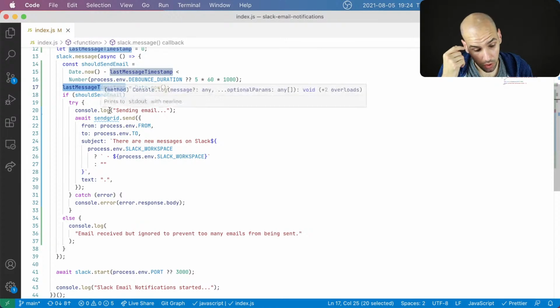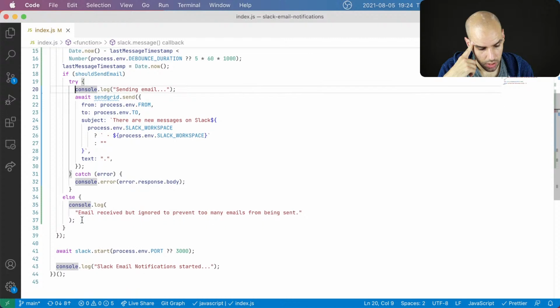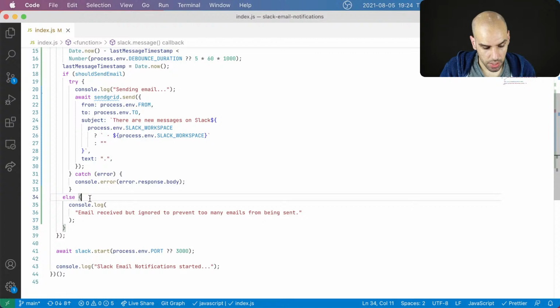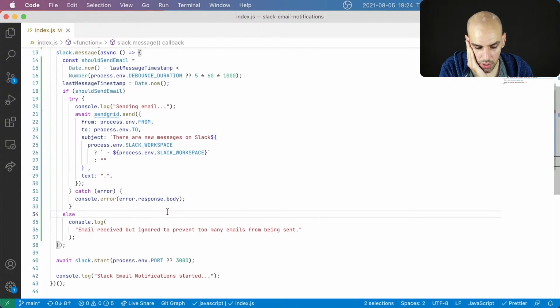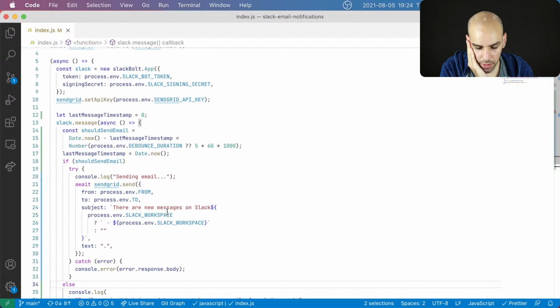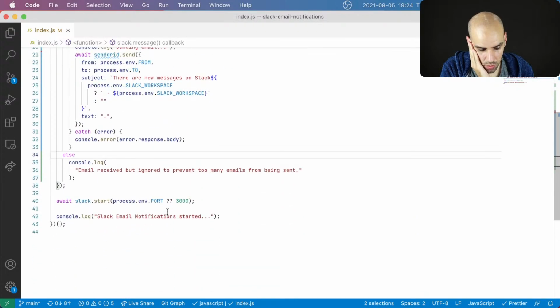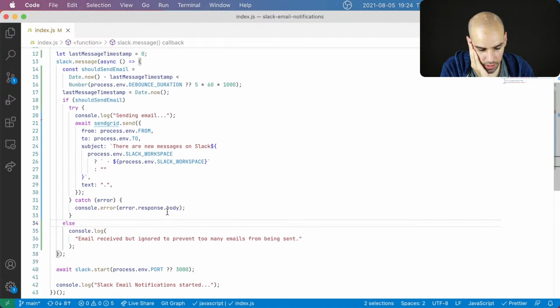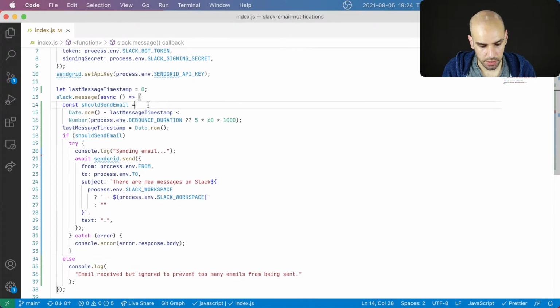The console log, I'm confident that will work. And I put the console log in the try, so I will have a single block with the try-catch situation. Else, I will log email received but ignored to prevent too many emails from being sent. That's all right. So all we have left to do is to check this logic.